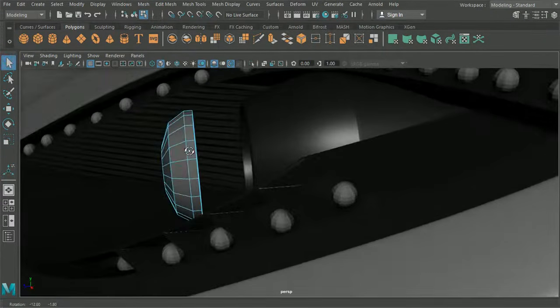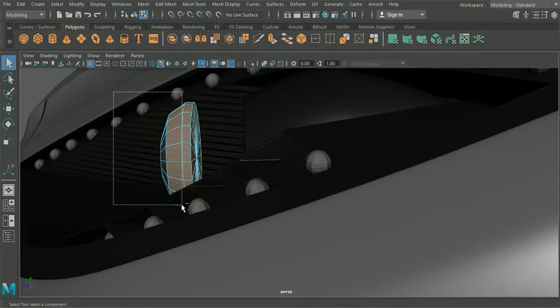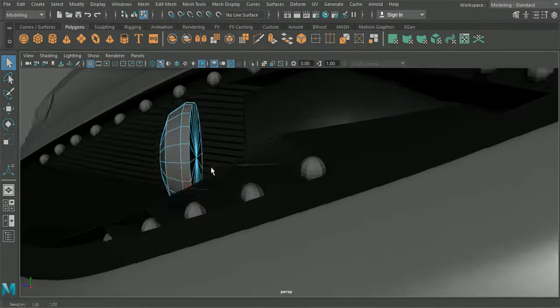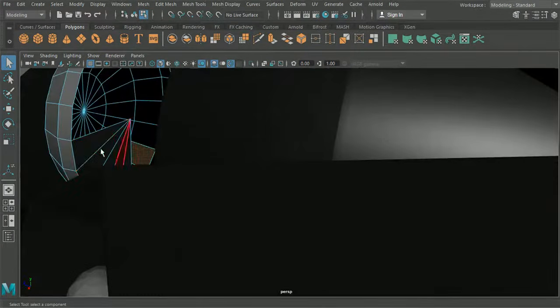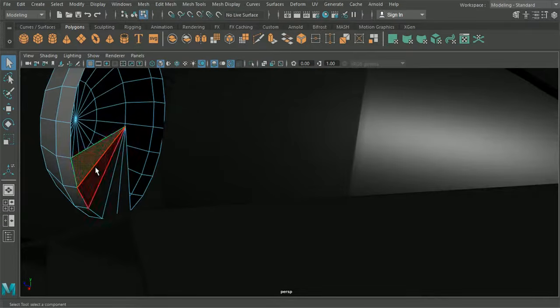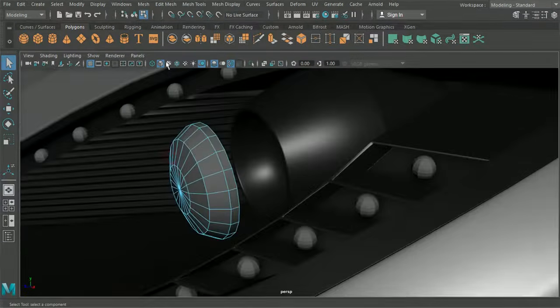And then what we'll do with this is just delete all of the inside faces here. So we can see through that nicely.